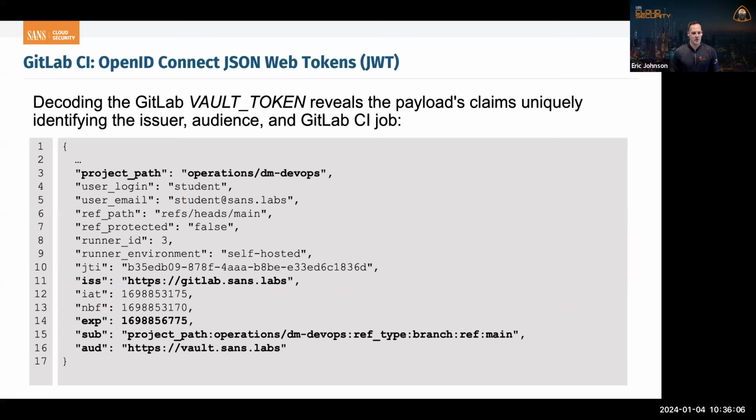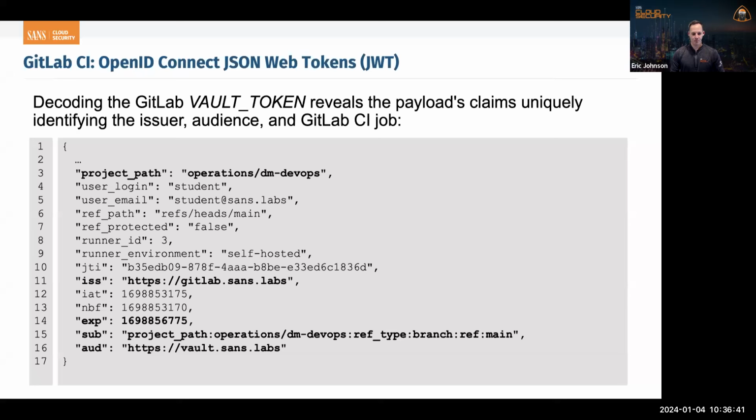So I'll show you how to do this in GitLab, but in order to understand how to set up trust with an external service provider like HashiCorp Vault, you need to know some of the key pieces of information in that payload in order to set the trust up. The first one is the issuer, who's issuing the token. And in this example, that's our GitLab.sans.lab GitLab server. Now, if you're on GitLab.com, it's going to be GitLab.com. If you're in your own environment, it's whatever you have set that up to run under, but that's who's creating